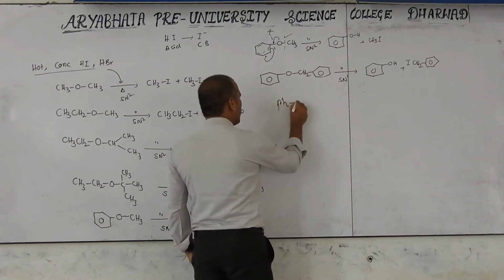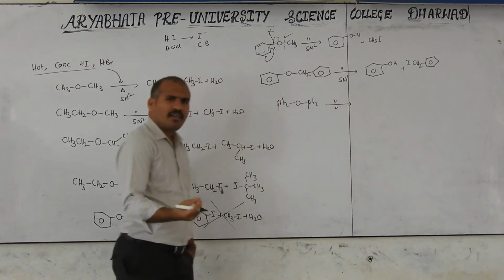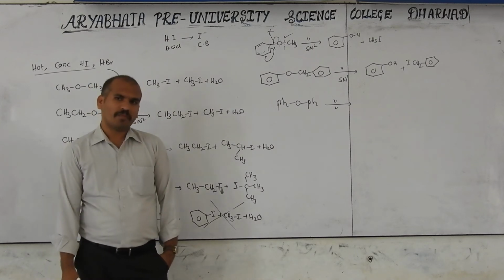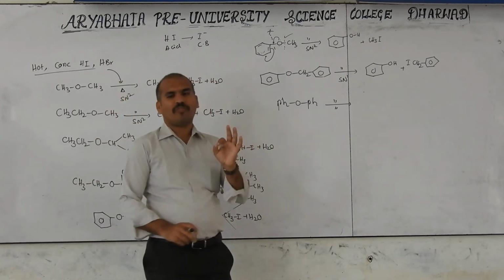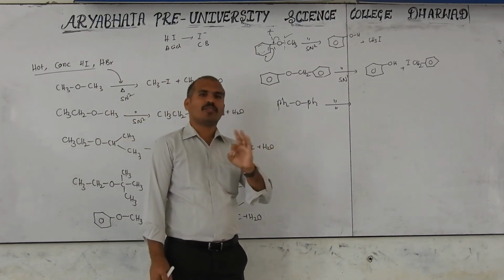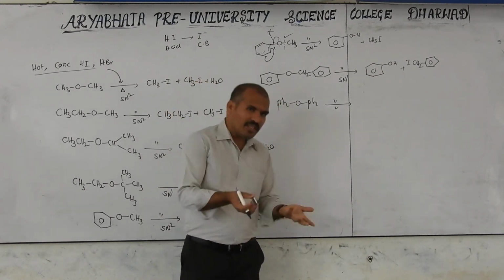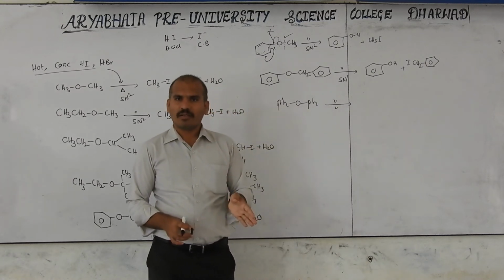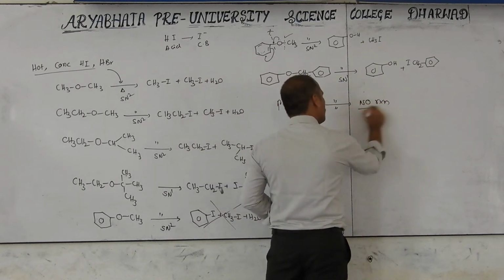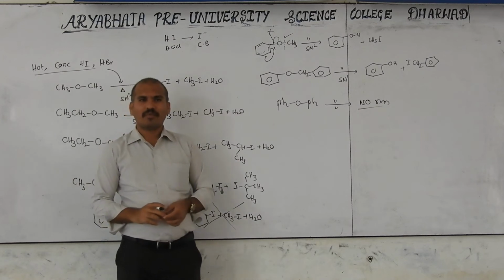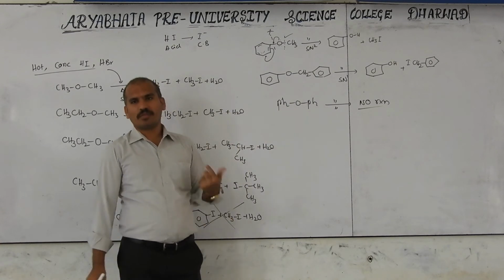This is phenyl, phenyl. Now consider both conditions, dilute or concentrated. Then what product is formed with HI or HBr? Already I told you that when a phenyl group C6H5 is bonded to the oxygen, there is no bond breaking. This is nothing but benzene only, so both sides have benzene. Is bond breaking possible? No, so no reaction. That's why there is no reaction. Like this also is possible. In an examination they may ask which of the following is not a possible reaction with HI. Like this also is not possible.